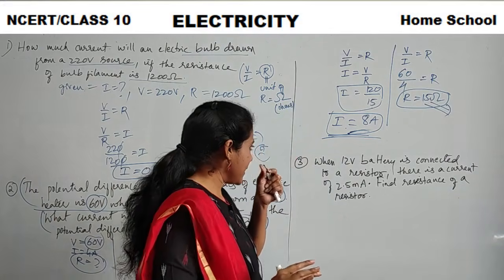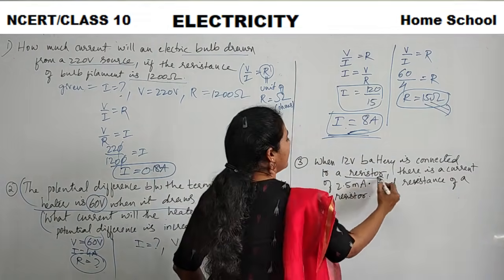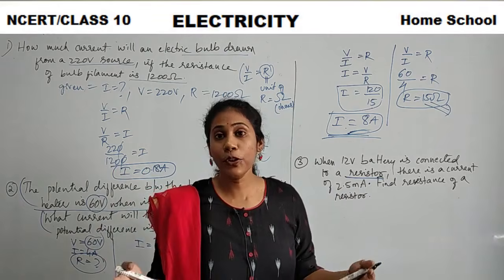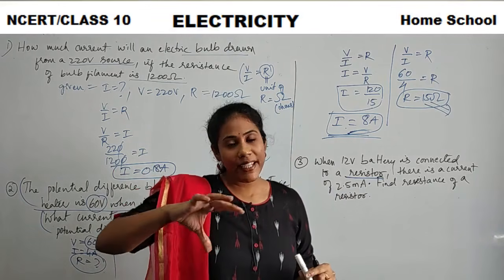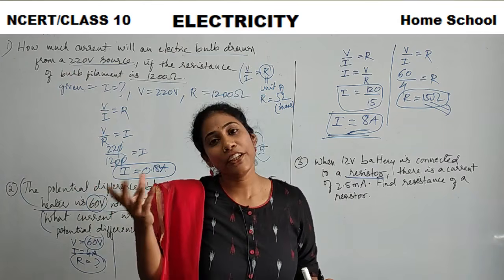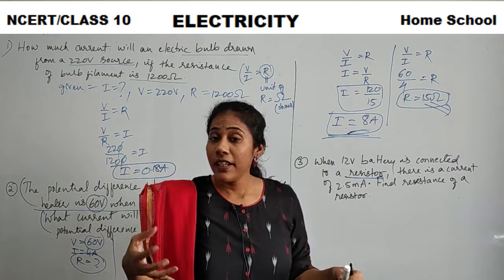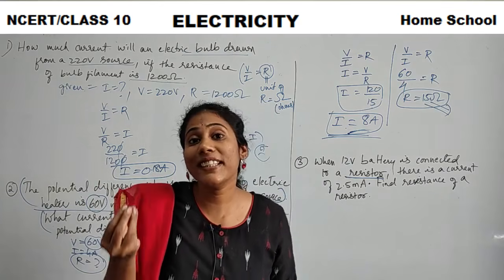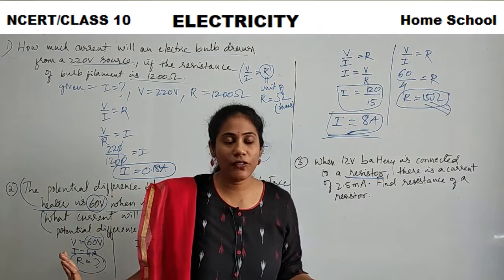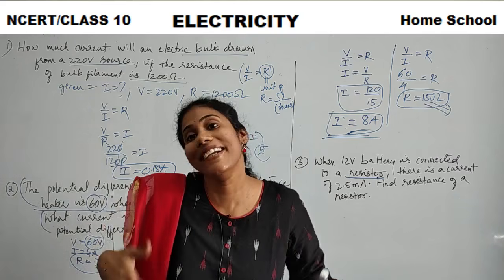Fine. So the next question. When a 12-volt battery is connected to a resistor. What do you mean by resistor? Sometimes we use resistors in a circuit to control the current. When there is no control, when current is flowing very fast in a circuit, devices will get damaged sometimes. So in a circuit, we create resistance with the help of devices called resistors. All this we will discuss in the next class, don't worry. A resistor is the device that is used in a circuit to create resistance.